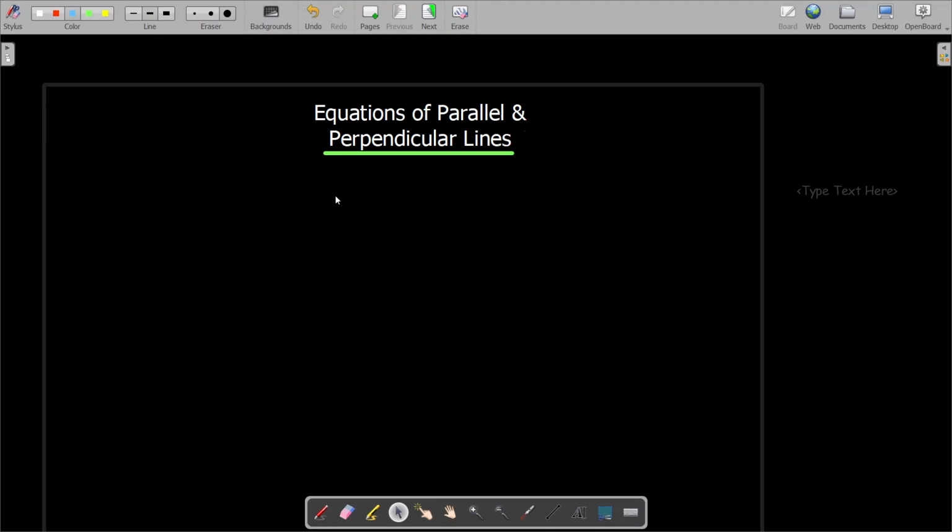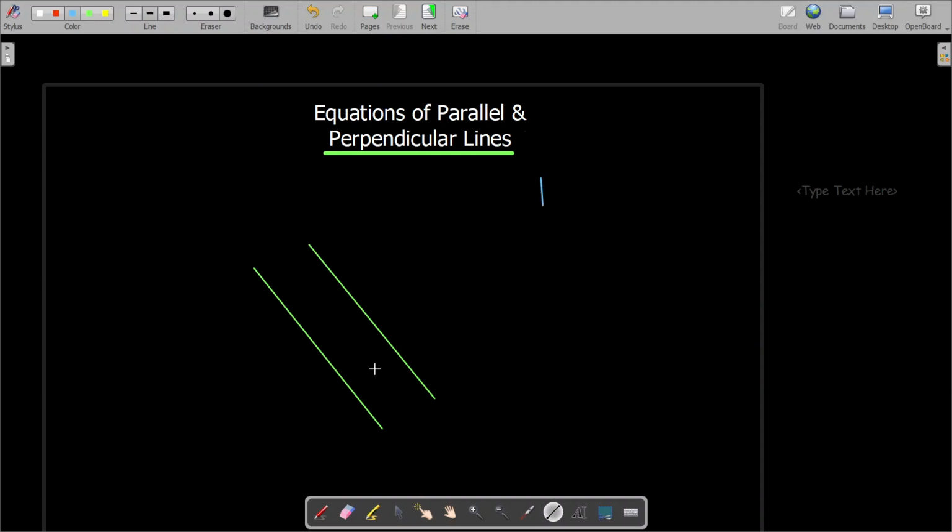Equations of parallel and perpendicular lines. So we all know that two lines are parallel, which kind of look like this. If this is one line and this is another line, right? So they are actually equidistant at each and every point from each other. Now the thing is, when it comes to their equation, we all know that the